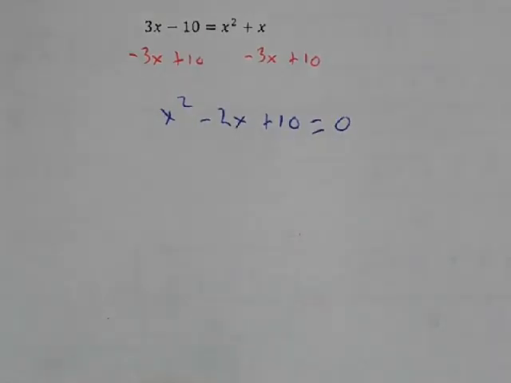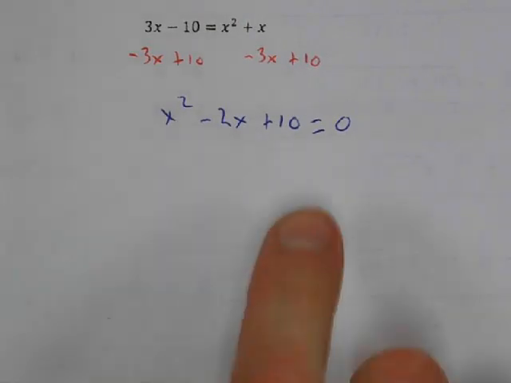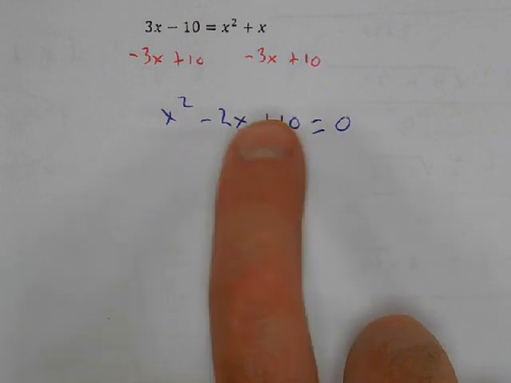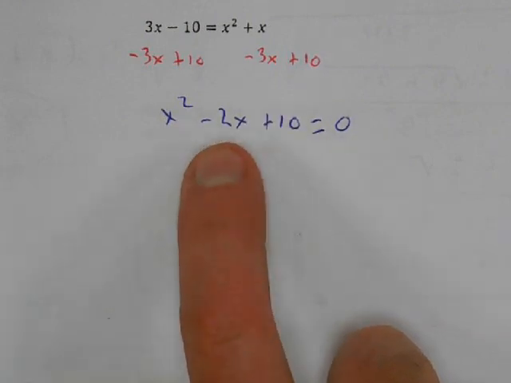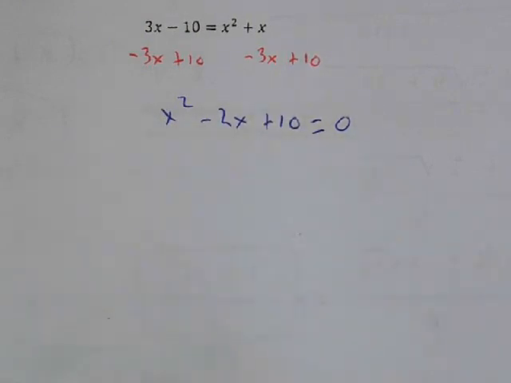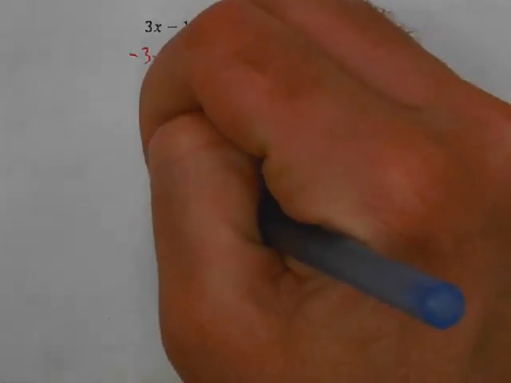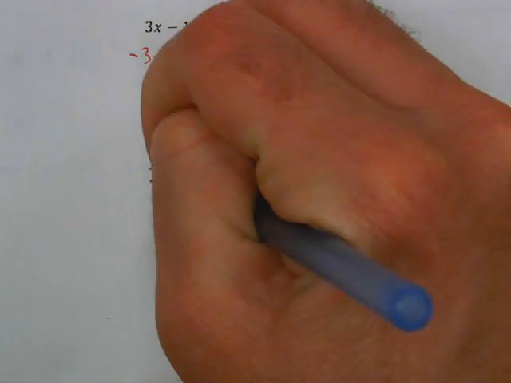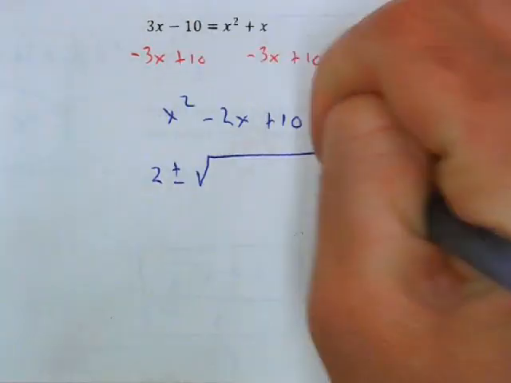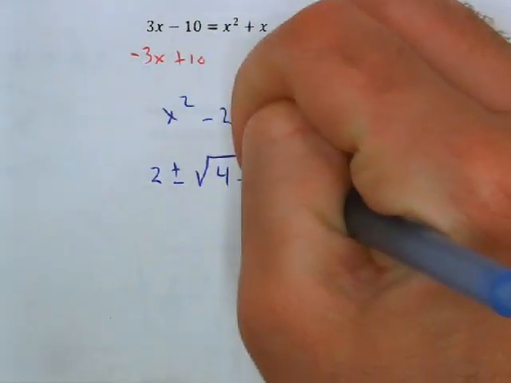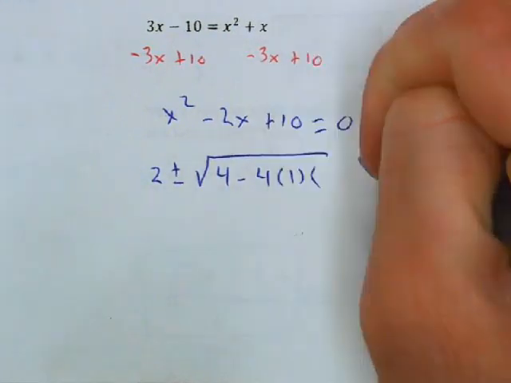And now we have our options. How do we want to solve this? Can we factor it? Well, is there anything that multiplies to 10 and has a difference of 2? No, so it's not factorable. So then I think our best bet would be the quadratic formula. Okay, so last one here, negative b would be positive 2, plus or minus the square root of b squared minus 4 times a times c,